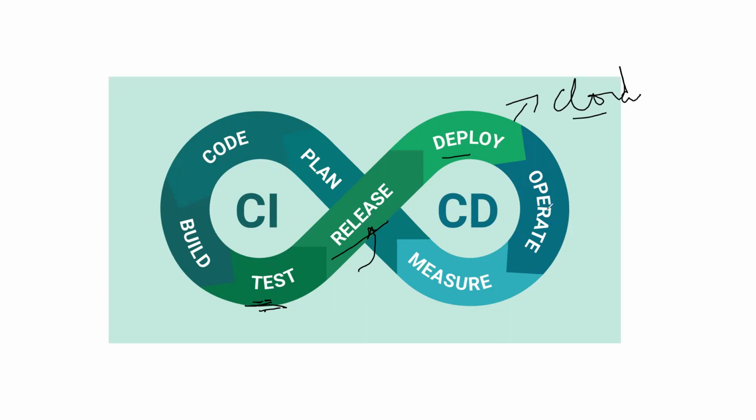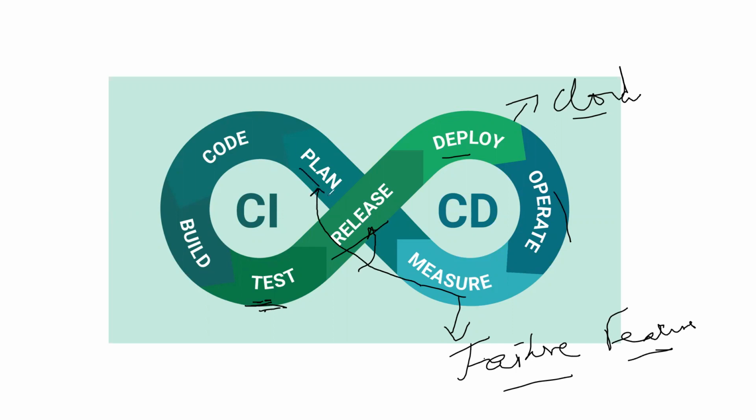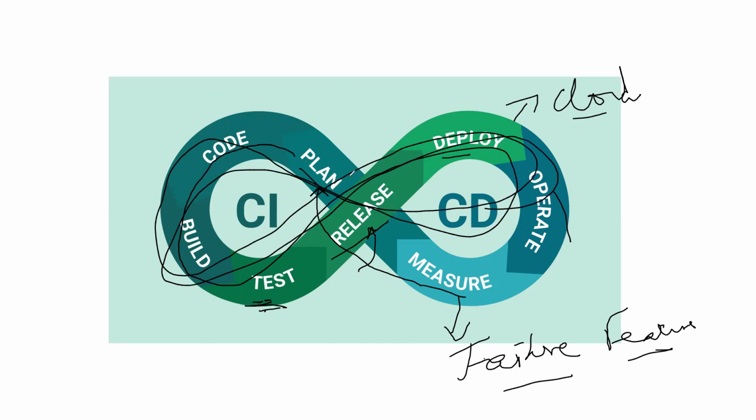And once it gets deployed, we go ahead and operationalize it. We measure the resources. Measure in the sense, is it working as expected? Is there any failure with regards to the way it is expected to work? If it is failing, how will I go ahead and fix it? Is there any new feature that I have to release? All these factors I'll measure. And then I will give it back to the development team. So they will plan, okay, this is the amount of time that is required for us to bring the new features. And this process will continue in a continuous manner.